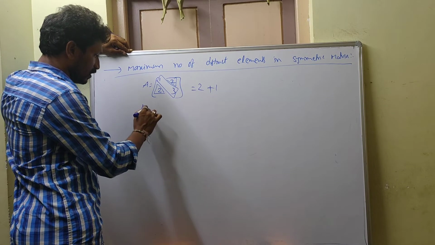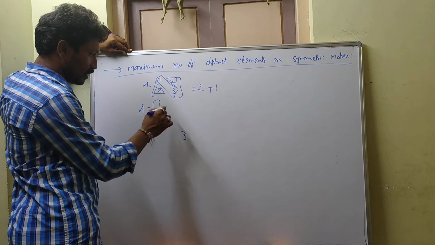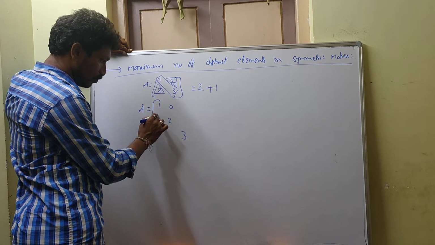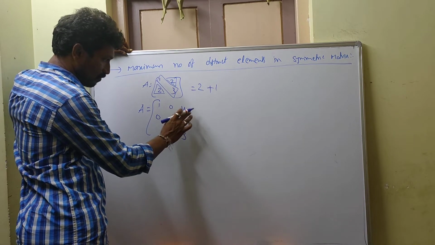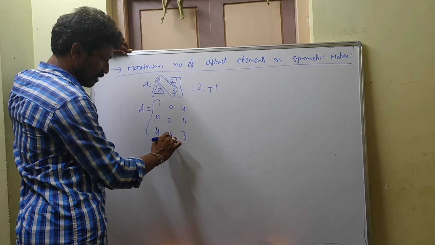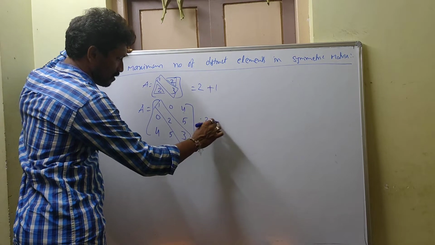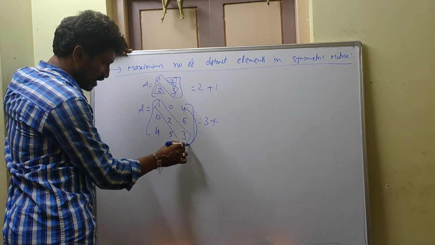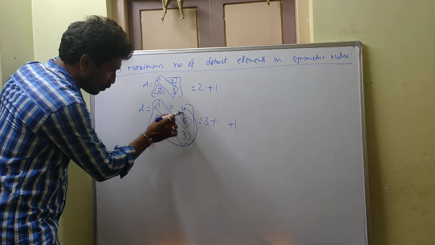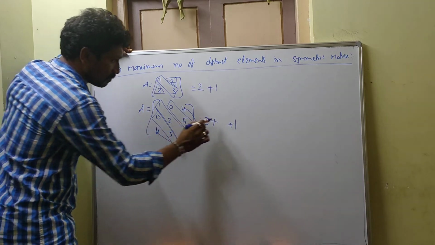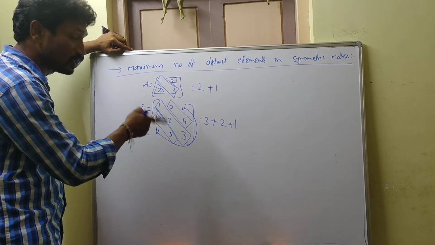If you go for a 3 by 3 matrix, see here 1, 2, 3. You can take any numbers. If you want to take 0 here, here it should be 0. If you want to take 1, sorry, 1 you should not take. If you want to take 4 here, the same number you should take. If you take 5 here, the same number you should take. See here, all these are different numbers, 3 numbers, plus these are the same numbers, that means only one number. What are the 2 numbers here? Same entries. That means 1 plus 2 plus 3. If you go for 4 by 4, what do you get? 1 plus 2 plus 3 plus 4.